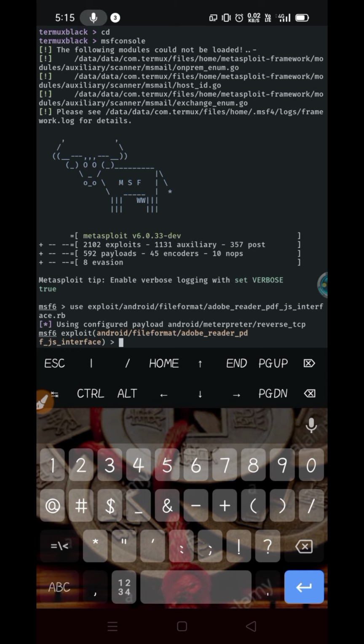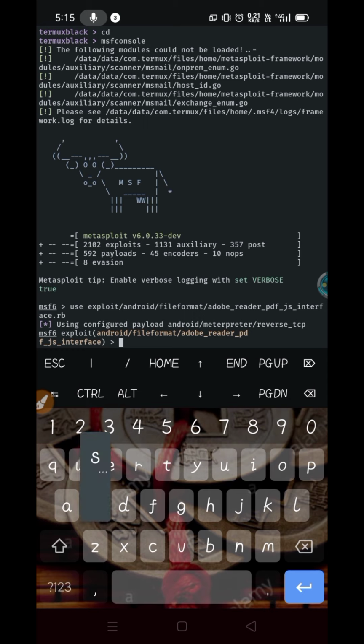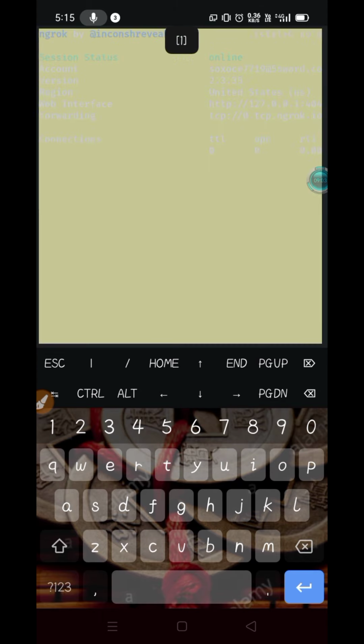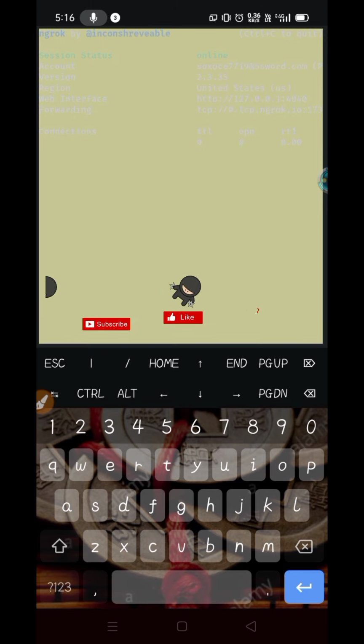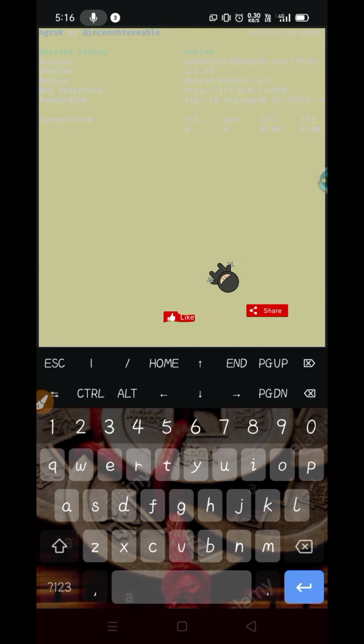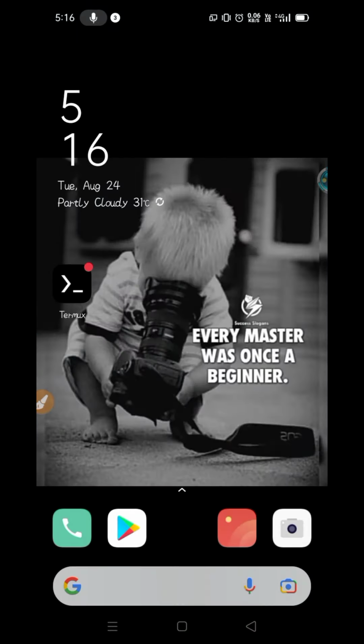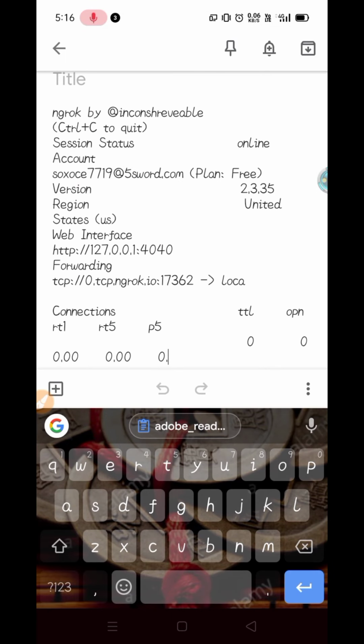After that, set LHOST. Go to the ngrok session, or to the notepad where you copied the ngrok details.